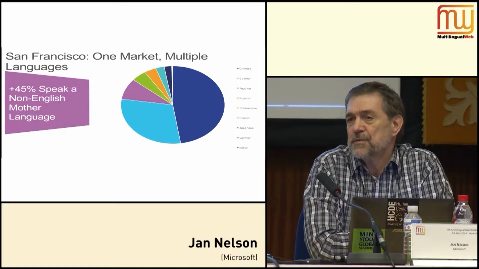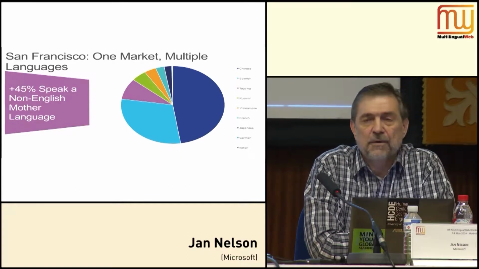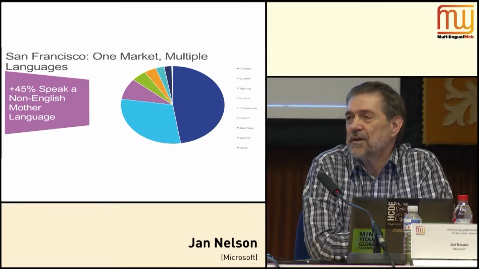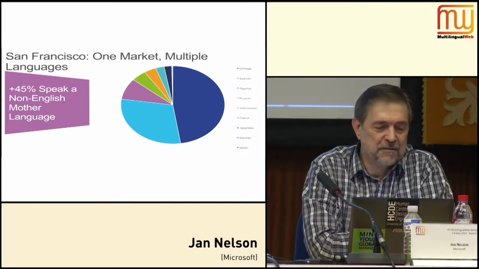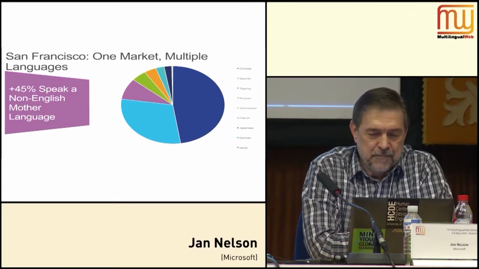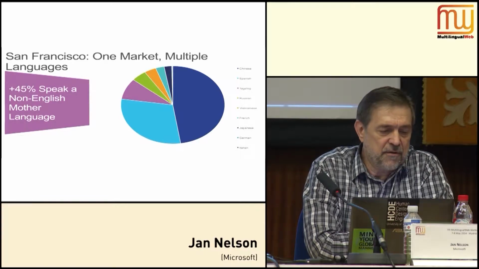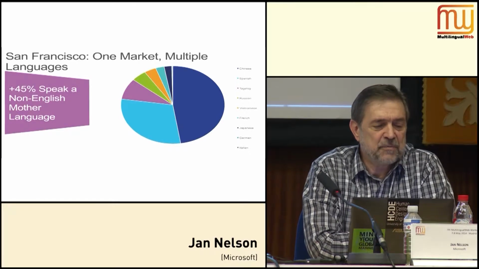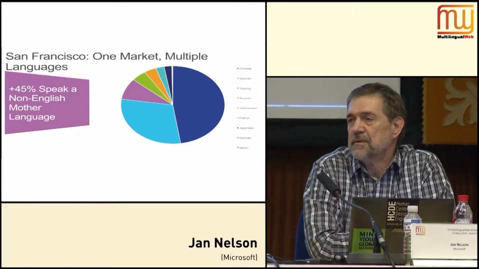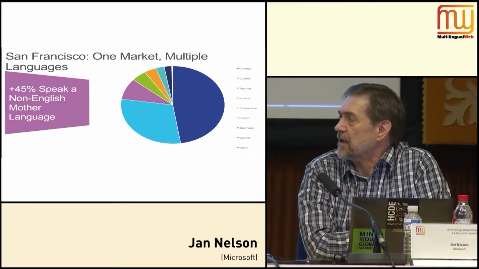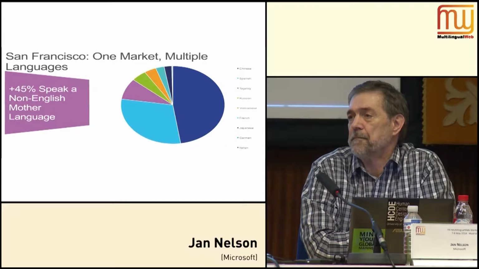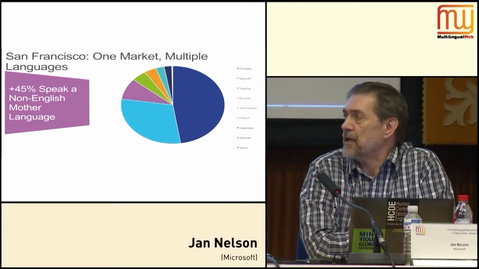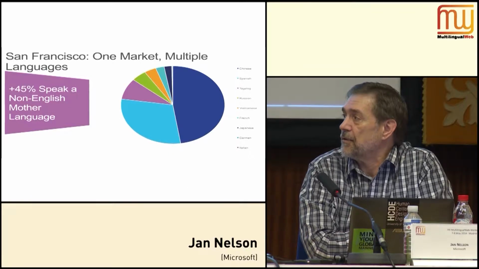Here's another way to look at it, and that's not thinking globally, but thinking multilingual, and thinking about multilingual in my own marketplace, which is the United States. If I were to look at San Francisco as a market, and I think about a 25-mile radius from city center, there's some amazing things going on there: 45% speak a non-English mother language. Okay, so it changes. We think about California as being Spanish or ENUS, but in fact, it's much richer.